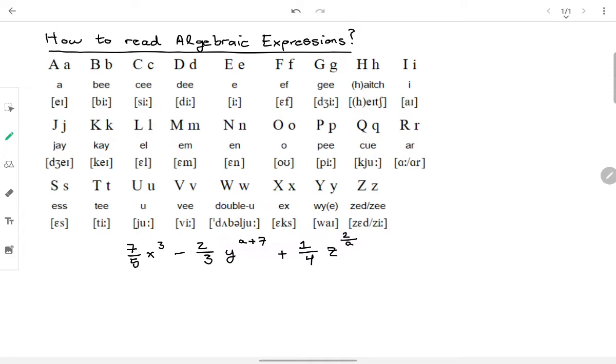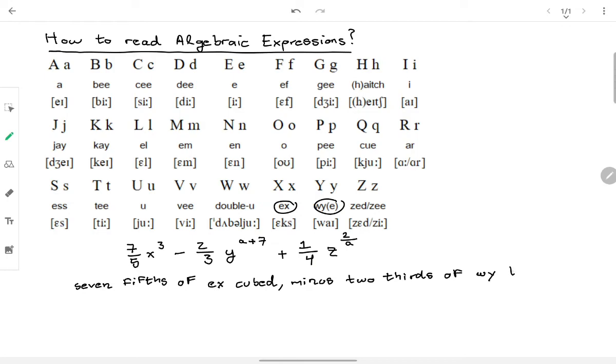So this will be our final exercise. It's very similar also. We will start from left to right. So it will be 7/5 of x cubed, comma, minus 2/3 of y to the a plus 7, comma,